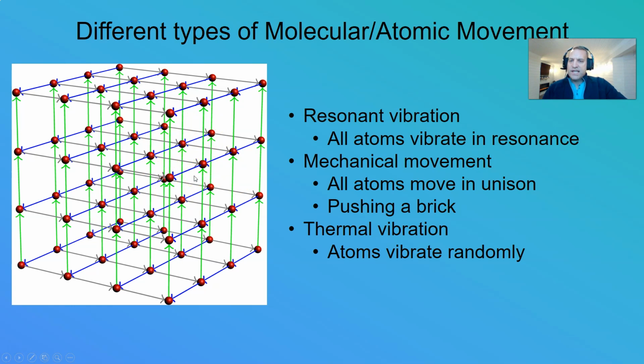And if you let it go, what's going to happen? It's going to want to snap back to its position, but in doing so, it picks up some momentum, and so it overshoots, and it'll start vibrating back and forth like that. If you were able to grab one and then let it go, it'll snap back, it'll want to go into its normal resting position, but it'll actually start vibrating.